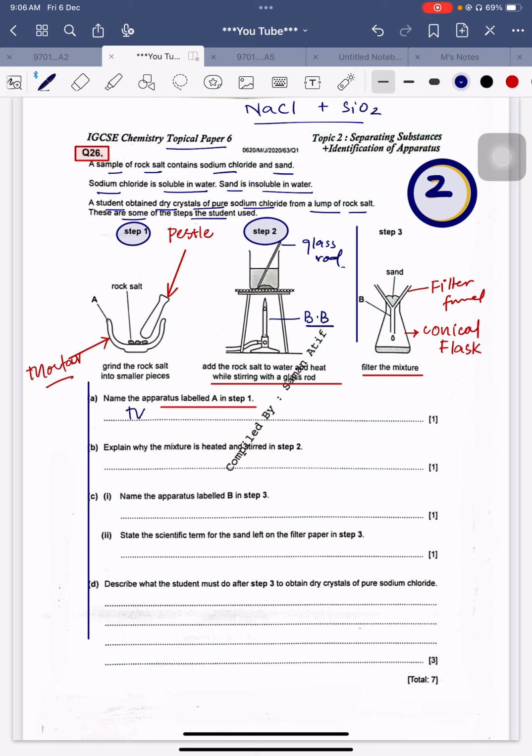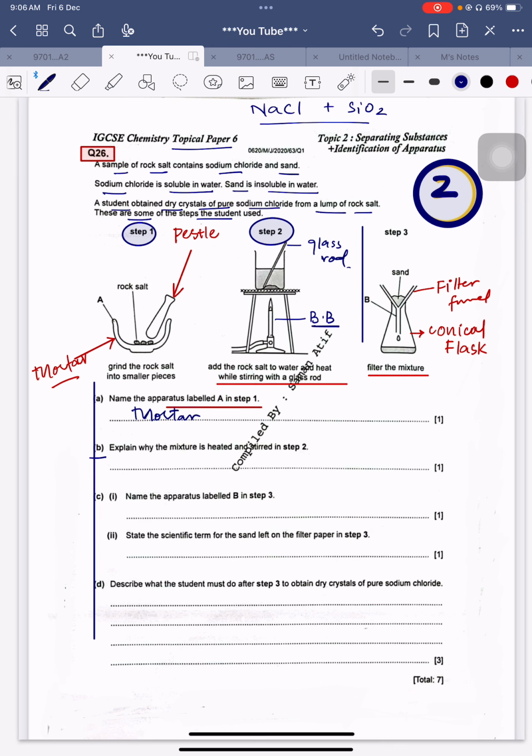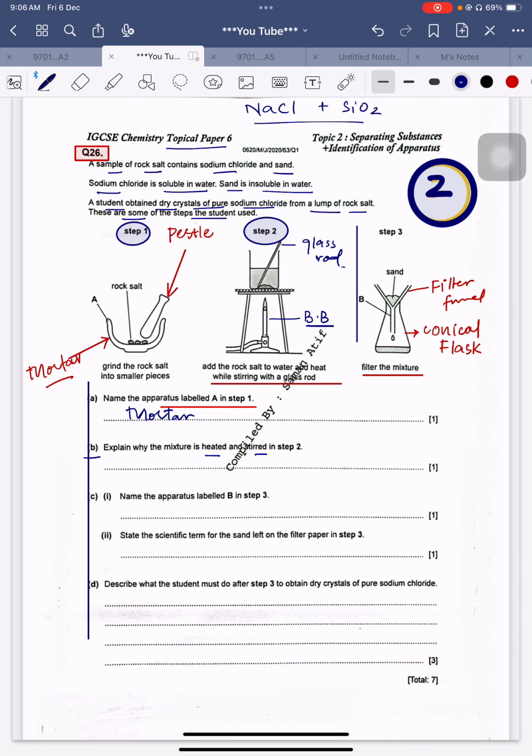You may write it over there. Please don't write on the picture. The examiner will give you some space, and you write down the answer over there. I have written this in red color for your convenience, but basically you need to write the answer on those lines, in those boxes where it is mentioned. Now I am on part B, and that is the question: explain why the mixture is heated and stirred in step number 2. The answer is this, that in step number 2,